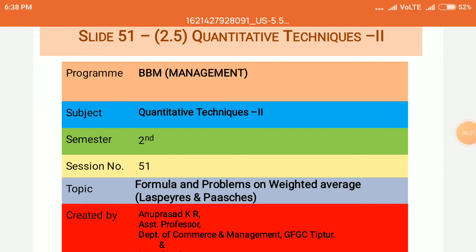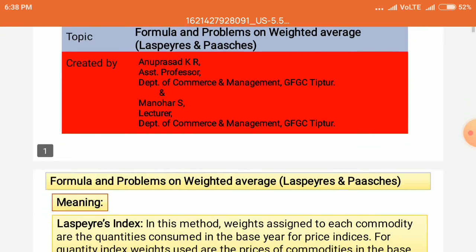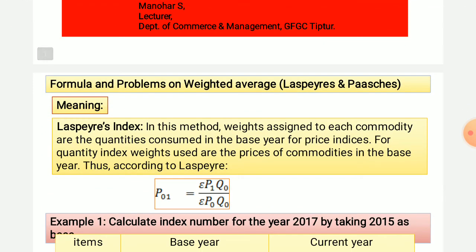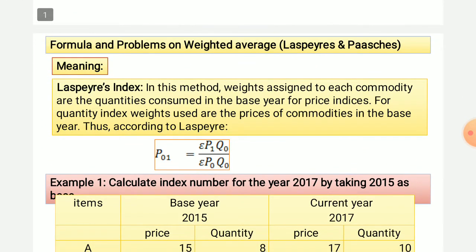Here we have been discussing and working problems on index numbers, formula, and problems on weighted average, Laspeyre and Paasche method. Laspeyre and Paasche method is one of the categories of weighted index numbers. In this method, the weights which are assigned to each commodity are the quantities consumed in the base year